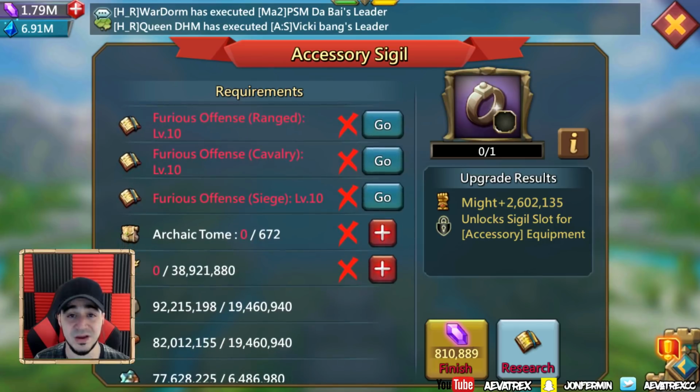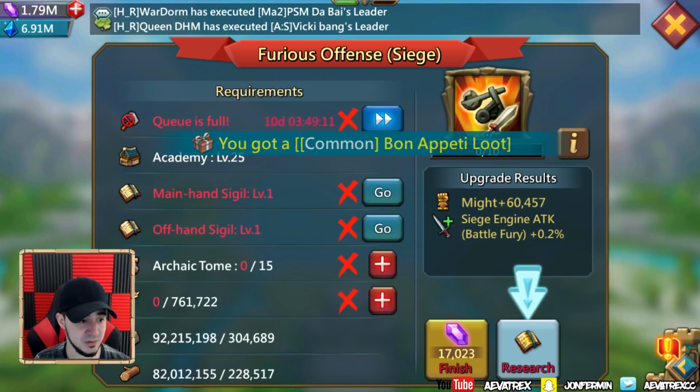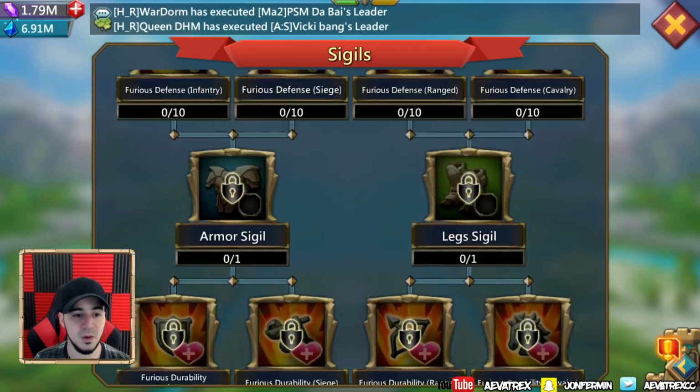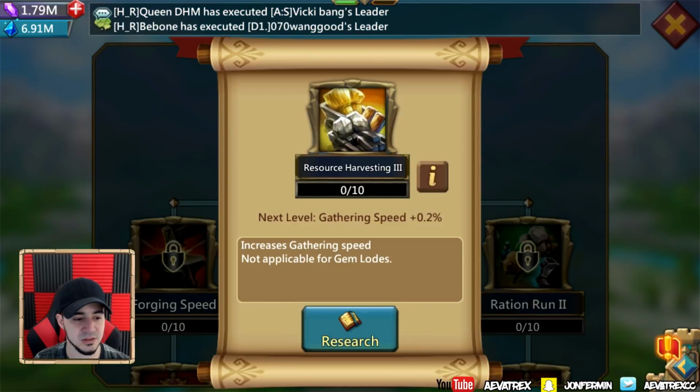672 for the very last one. Okay, let me just tell you right now, that's a lot. All right, let me see what they have here. 15. I bet you by the time 9 or 10 gets there, archaic tomes are going to be in the hundreds as well. So the one thing in this update that I feel it's a bit much are these archaic